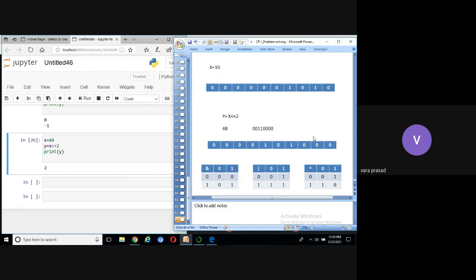Now this is the 48 binary value, right? What we have to do? Move all the bits to the right, how many positions? 2 positions. First move 1 bit. What is the output now?